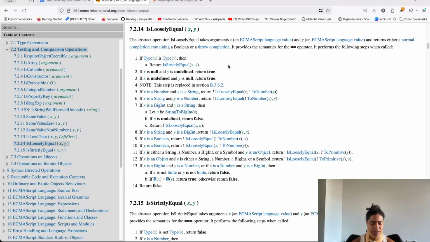So the thing here is that if they are the same type, return is called the strictly equal. If they are null and undefined, or vice versa, return true. So they are the same. However, if one of them is a string and the other is a number, do a numeric coercion to the string. If the other is a BigInt and a string, or vice versa, do a string coercion